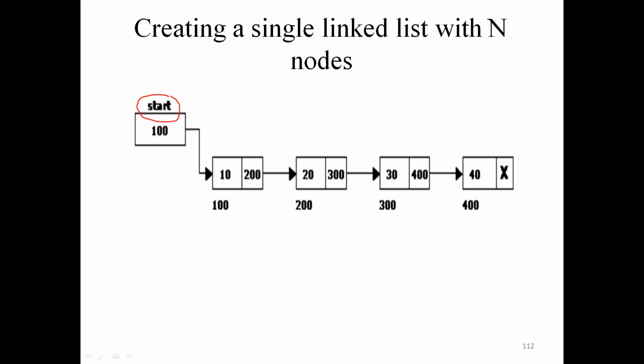There are two names for it. I can call this a header node. Why? Because this is the first node in this single linked list. So it depends upon what we are writing in the coding, right? That's all.